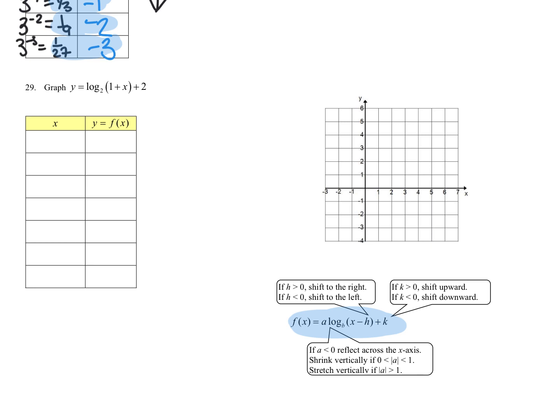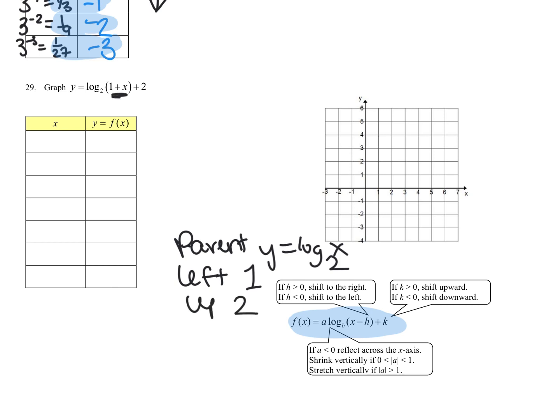So you could think of the parent function as y equals the log of x base 2. And what would happen is we would shift that left 1, since this is a plus 1, and up 2,